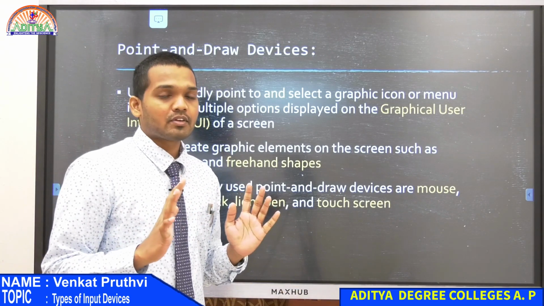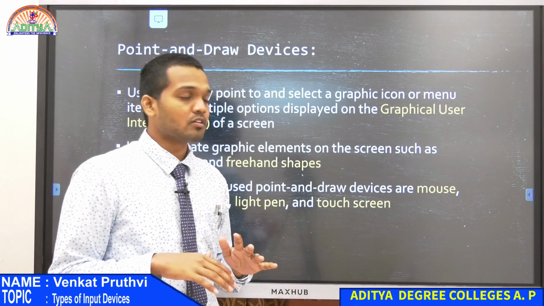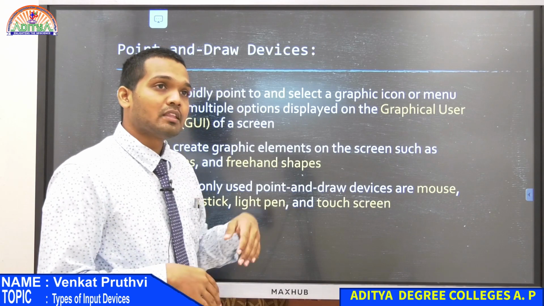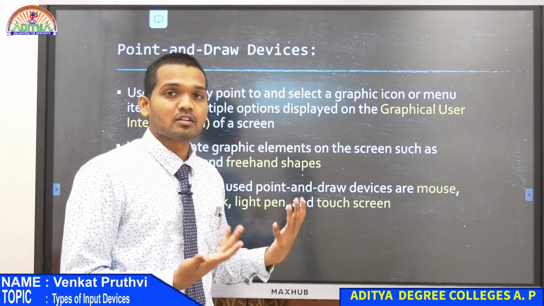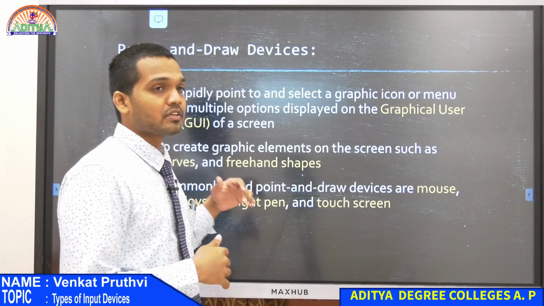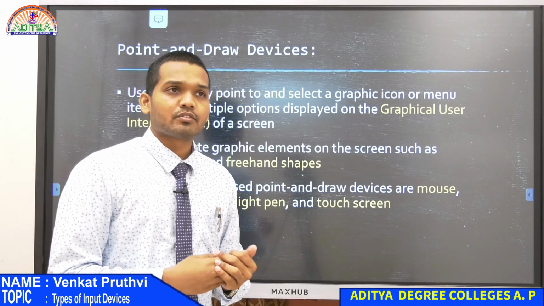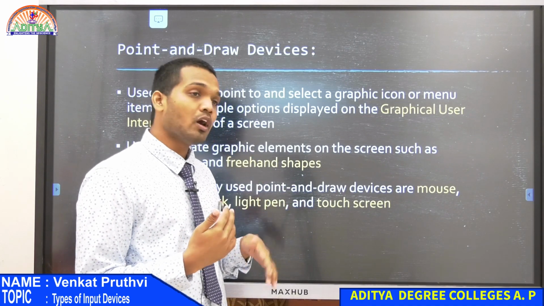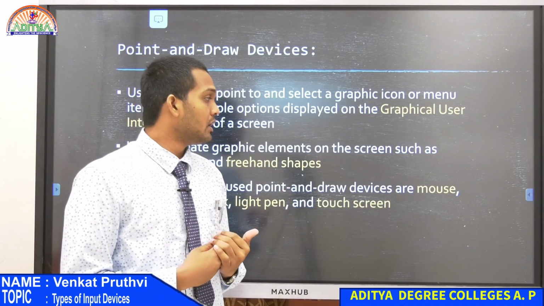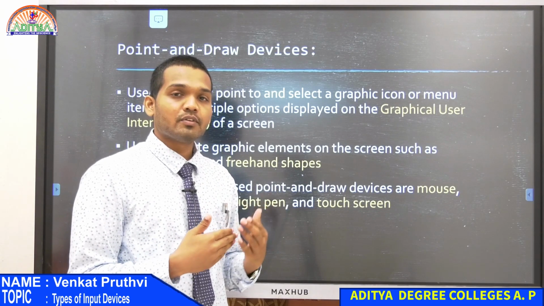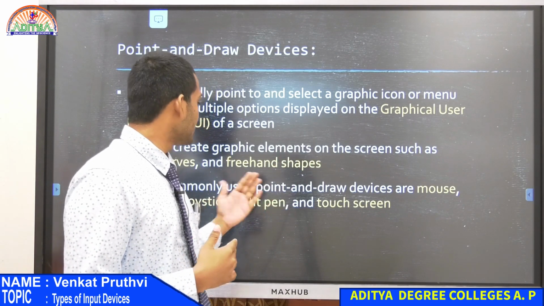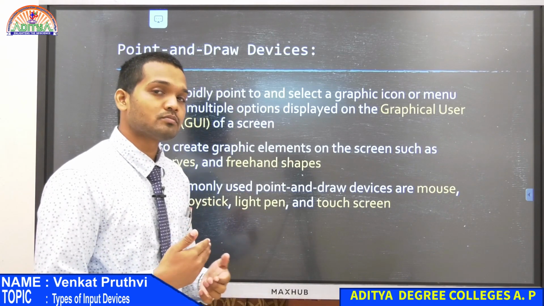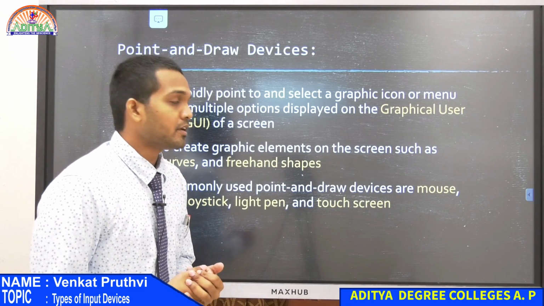Now we all understood what a graphical user interface is and why we had to come up with it. Now we have created a graphical user interface, everything is good till now. Then how do you operate such user interfaces? At that time we didn't have touch screens. Until 15 to 20 years after the graphical user interface was created, we didn't have touch screen technology. So for all those 15-20 years, they worked conveniently with the user interfaces with the help of point and draw devices. Okay. So, what do you know about these point and draw devices?